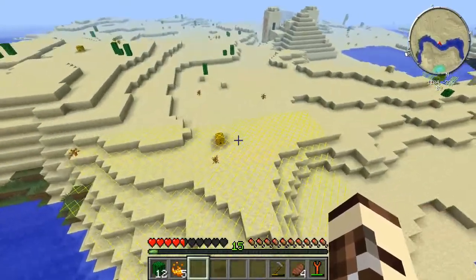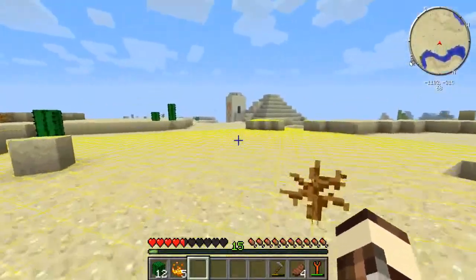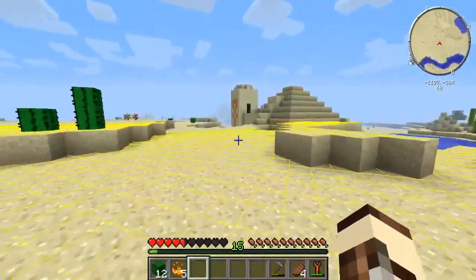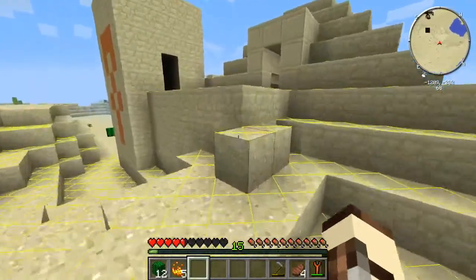We'll probably go check out this temple. You gotta be careful though, not to set anything off. So let's go check out this temple. We gotta be quick about it though. We don't want to